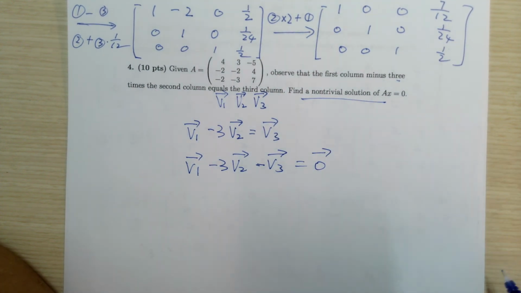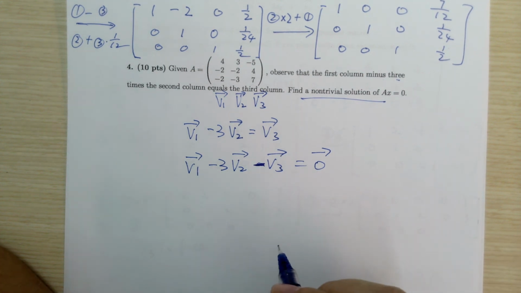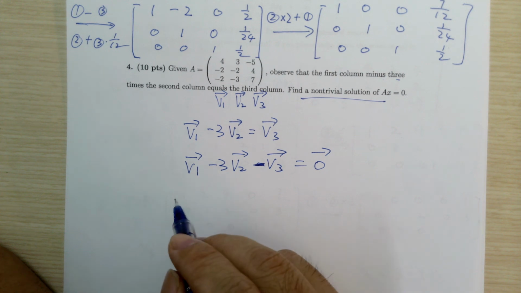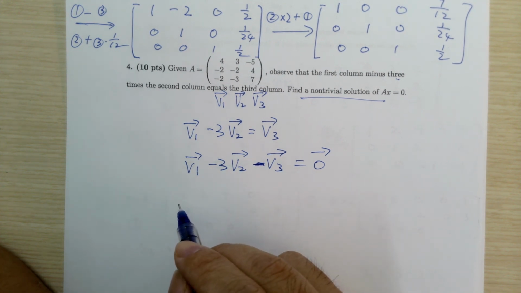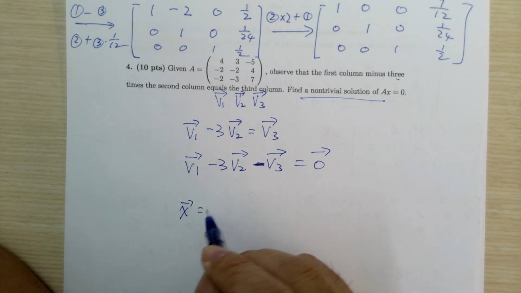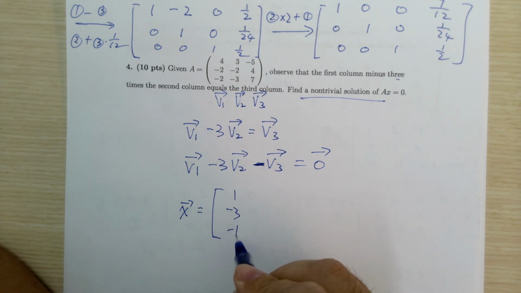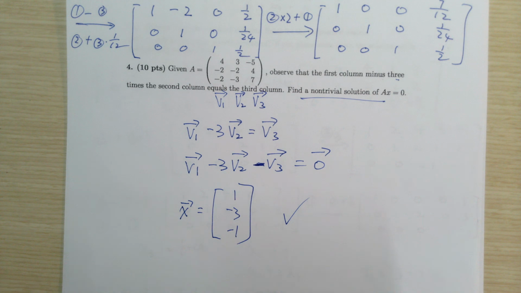I'm looking for a non-trivial solution for this part. So do you see the answer? It's already here, right? Which is the coefficients of this, because it's just 1, negative 3, negative 1. So yeah,